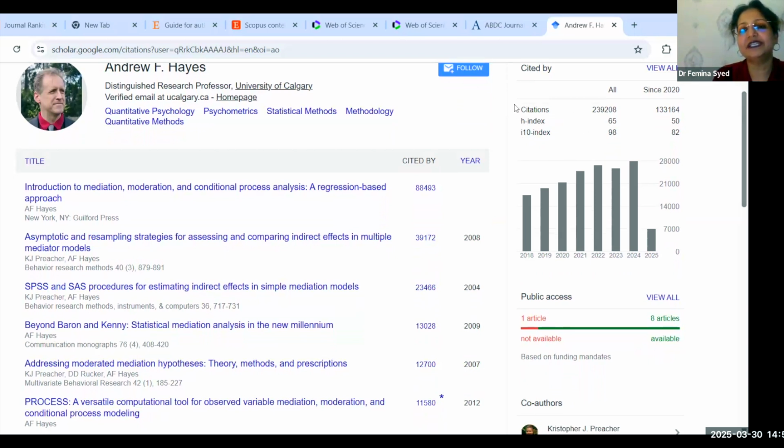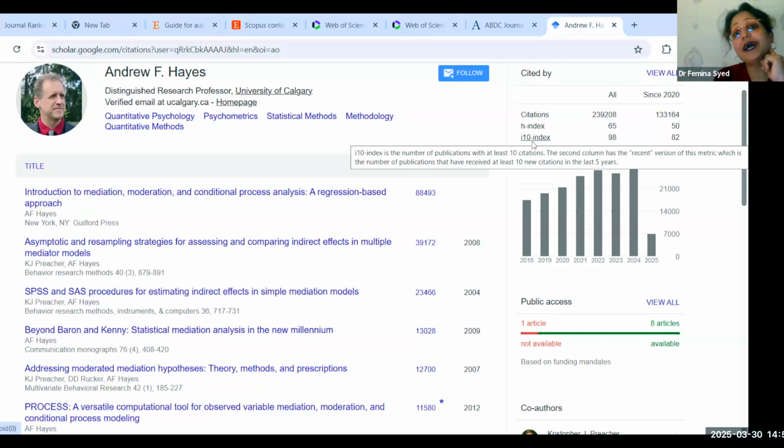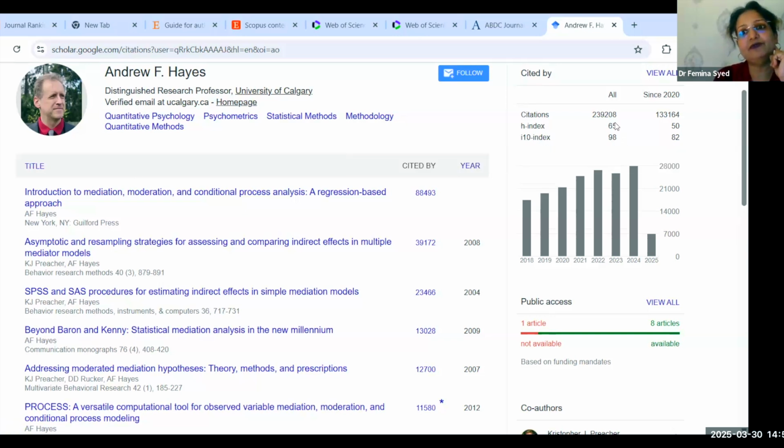Now, what is meant by h index and i10 index? It is again a citation metric. H index 65 means you have at least 65 articles with 65 citations. I repeat, you have at least 65 articles with 65 citations. Now there is another metric called the i10 index. It is 98 for him.